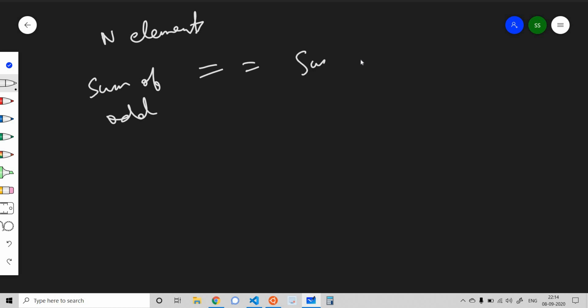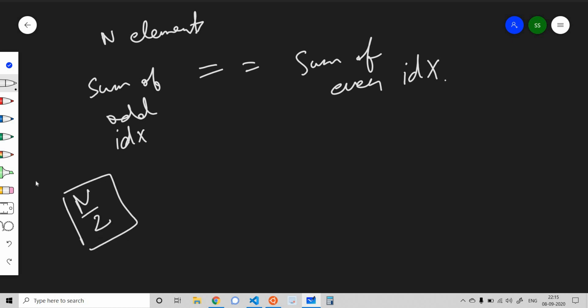So we have an array of n elements, and we want the sum of odd places to be equal to the sum of even places in our final array, that is after deletion, and we can delete at most n by 2 elements. It is at most.